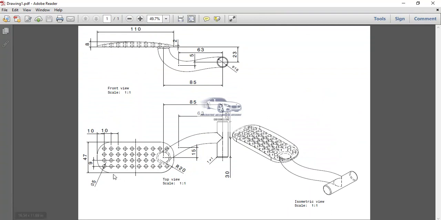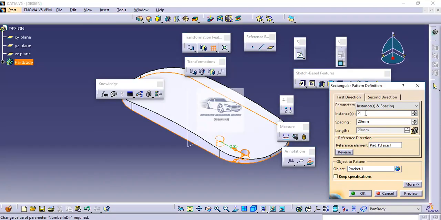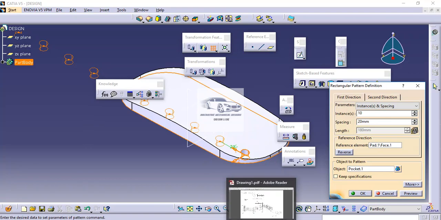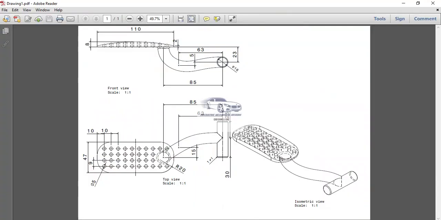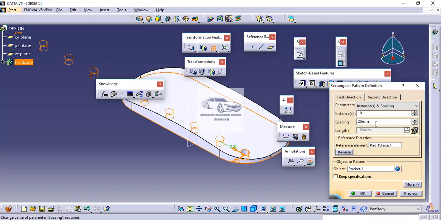Now we have to count the number of holes. As we can see here, the total number of holes horizontally is 10, and again we have these 4 rows. So first I will input the number of instances as 10, and the distance between the centers of the holes is 10 mm.